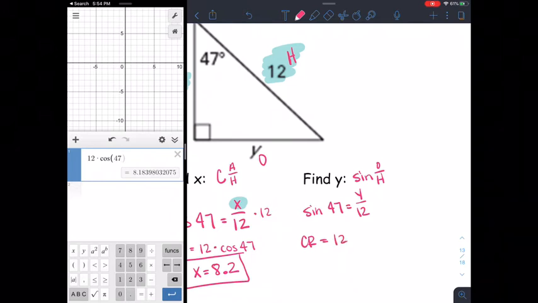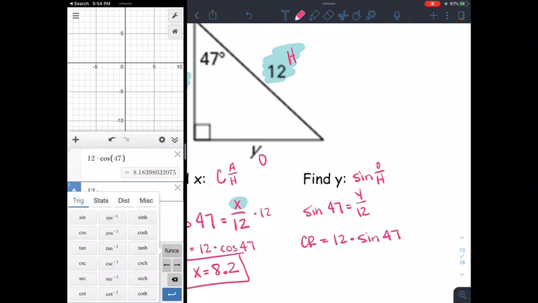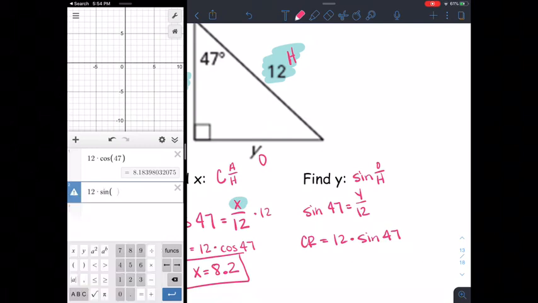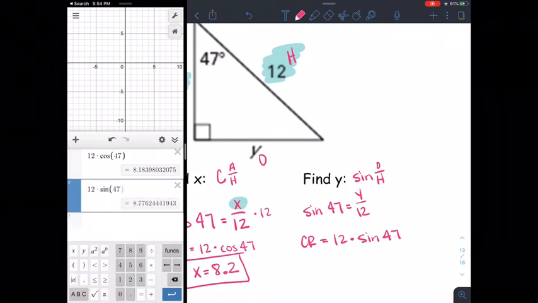So my calculator ready will be 12 times the sine of 47. 12 times the sine of 47 gives me a y value of